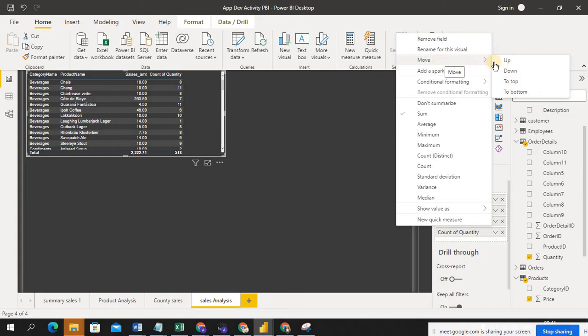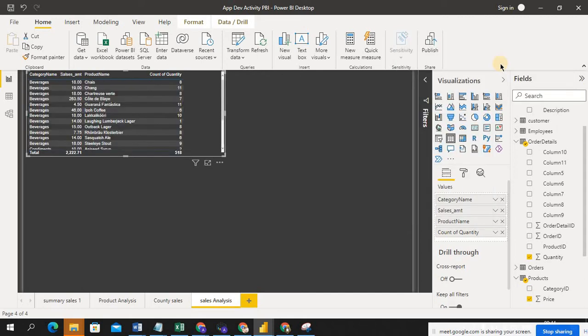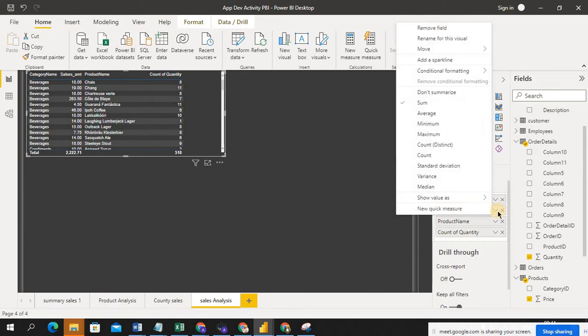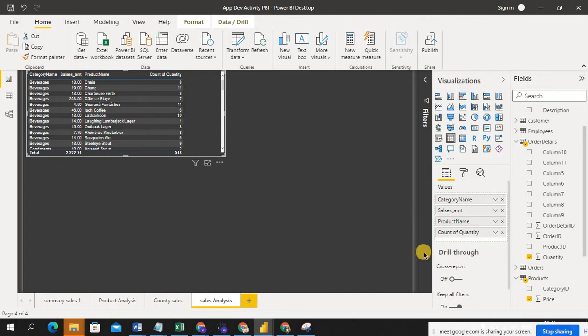Move is there, right? Move up means it comes to the left side. Like if I click up, see it changes. The column is moving from one place to another place. Else you can do it like this also, guys. I want to keep the first category name, just drag and drop here itself.